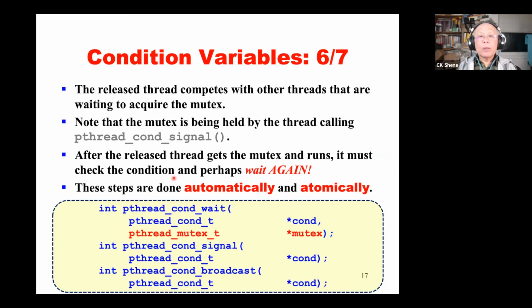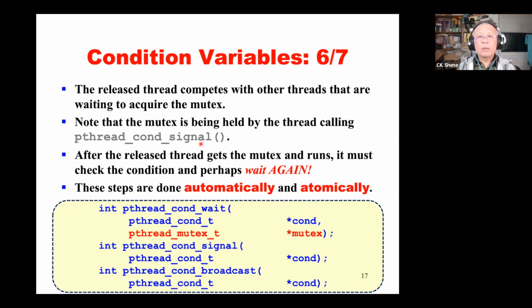Why? Suppose thread A waits for variable sum to become non-zero. Now, when thread A checks variable sum, its value was 0. So thread A waits on a condition variable. And then some other thread, say thread B, adds 1 to the variable sum. Then thread B makes the value of sum non-zero. Therefore, thread B uses condition signal to release A, who has been waiting on that condition variable probably for some time. So thread A is removed from the condition variable, waiting to get back. Now, thread B has the mutex. Thread B continues execution and eventually exits the monitor